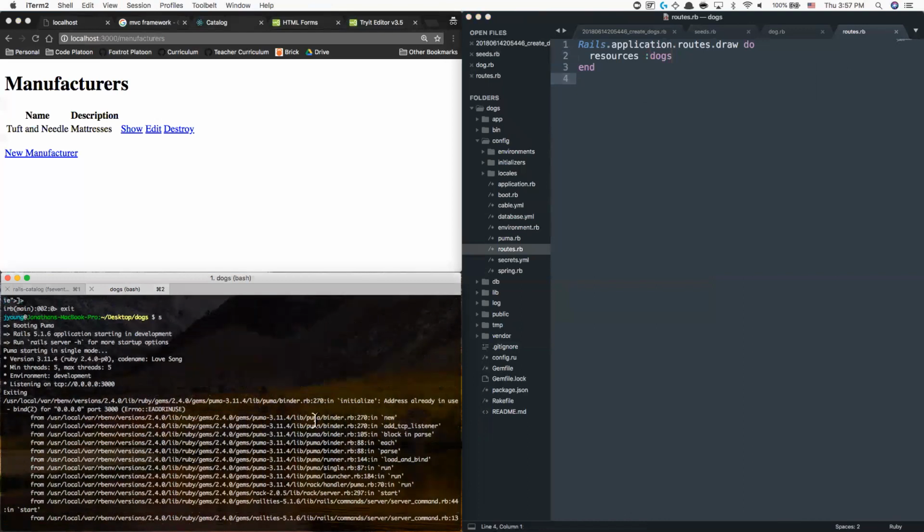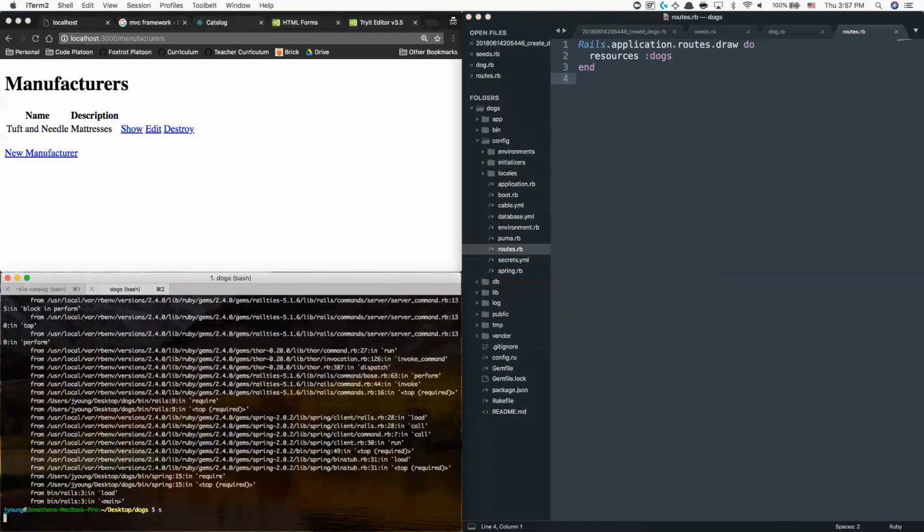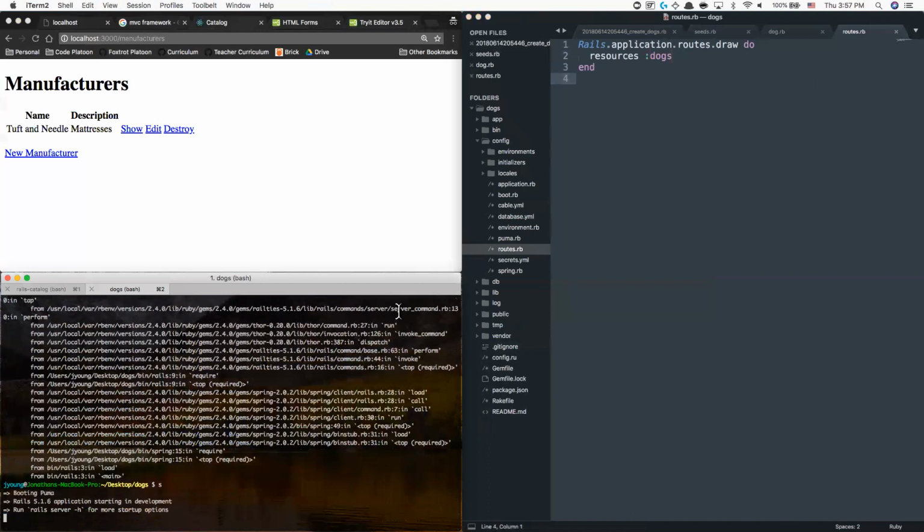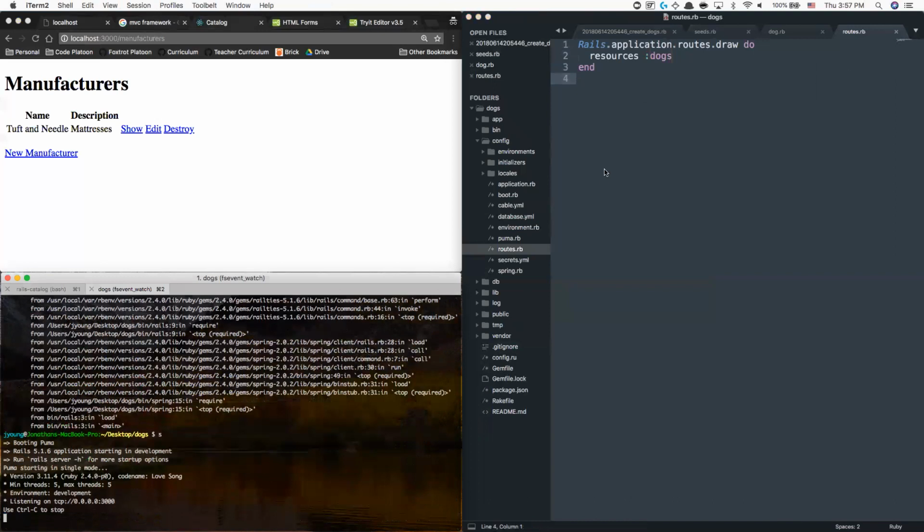Okay, this is broken. What does this say? Address is already in use. That makes sense because I was running it from the old one. All right, I'm going to also set root to